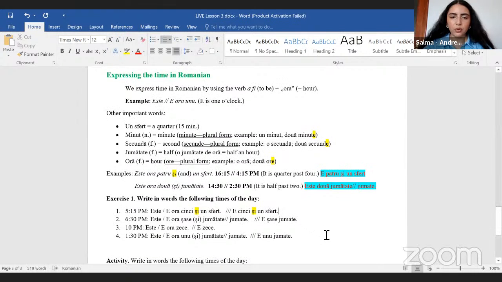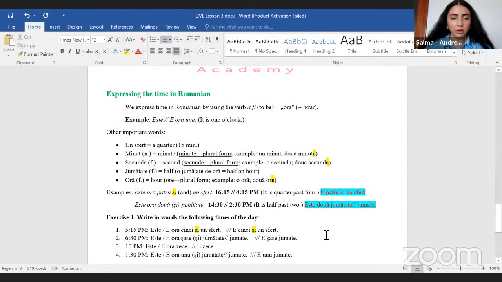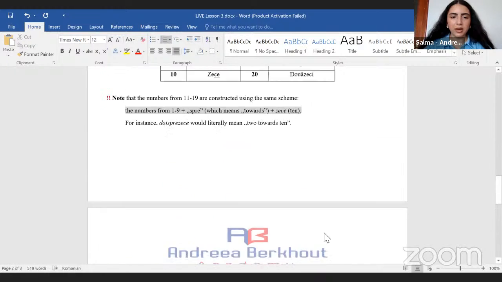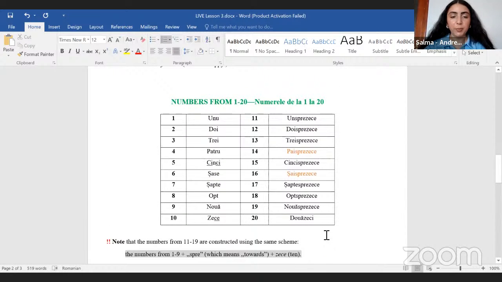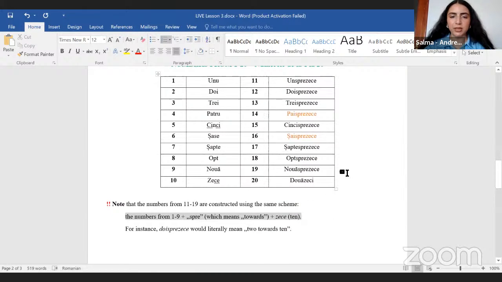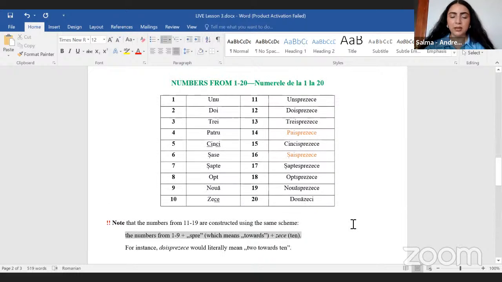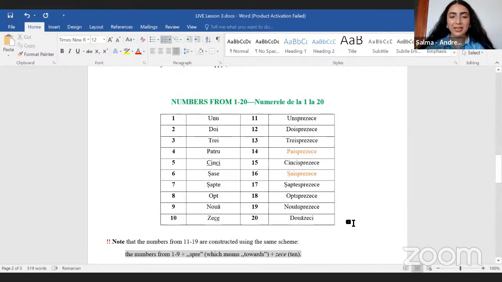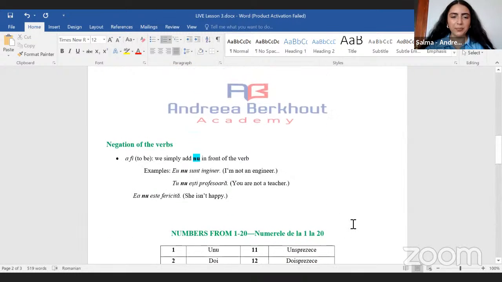Okay, so during this lesson, we've learned a lot. We've learned the numbers, which I highly encourage you to repeat. Try to read them out aloud on your own, and try to keep in mind what I've told you about the numbers from 11 to 19, because it's going to make it easier for you to remember and learn them. And probably next time I'm going to give you the other numbers above 20. And you will see that numbers are actually quite easy in Romanian, so they will not pose a problem. Other aspects will, but this part is quite easy.